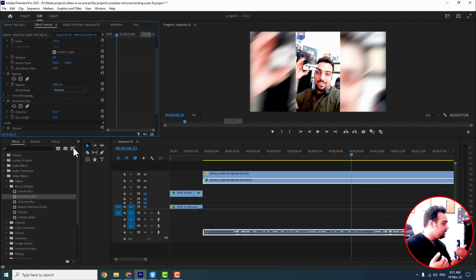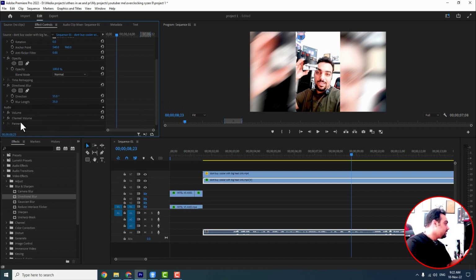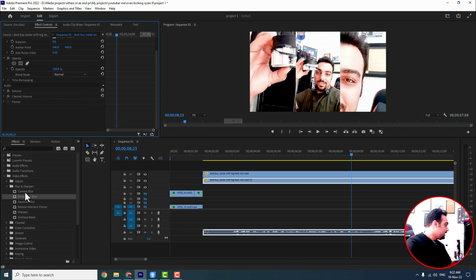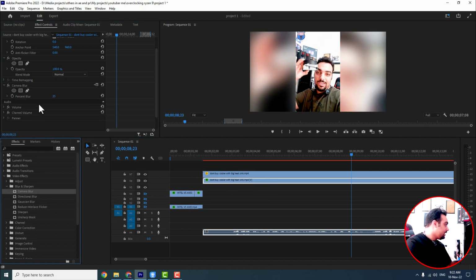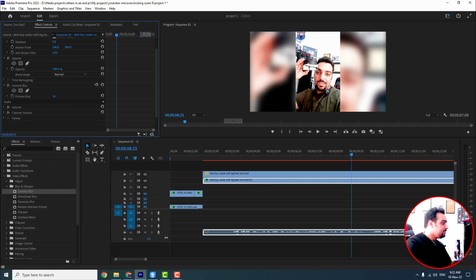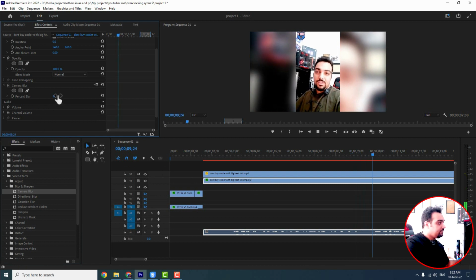If you want to bring directional blur and do such a thing, if you want to bring Gaussian blur and do such a thing, you can even bring something like, let me delete that and bring camera blur and do this. This is even possible, as you can see. It depends all on you, but if you come to the sharpen, unsharp mask and reduce interlace flicker,